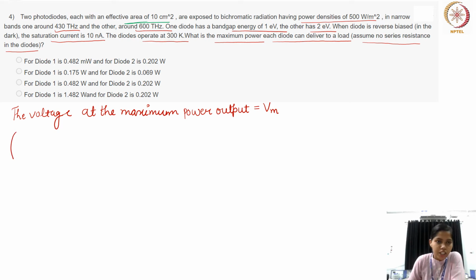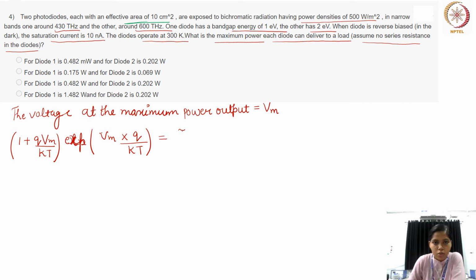And we know the relation that 1 plus QVm divided by KT multiplied by the exponential of Vm multiplied by Q divided by KT equals IV divided by I naught, where Q is